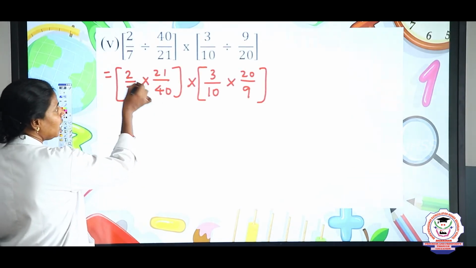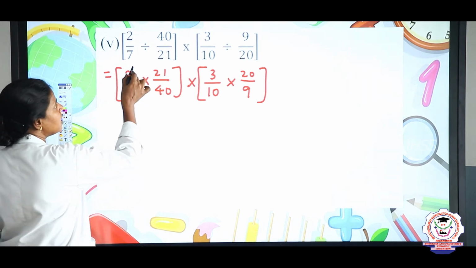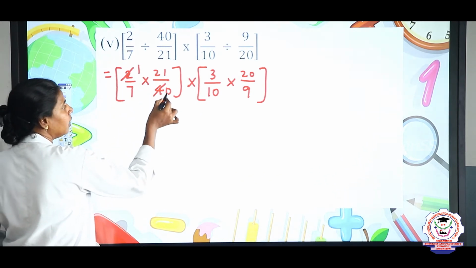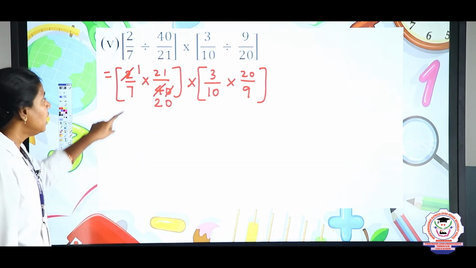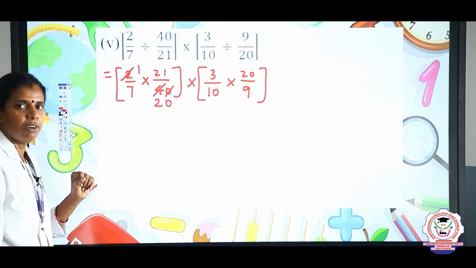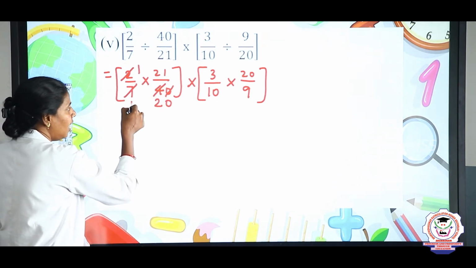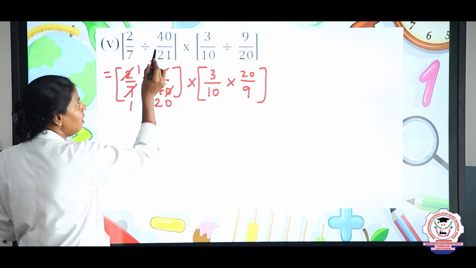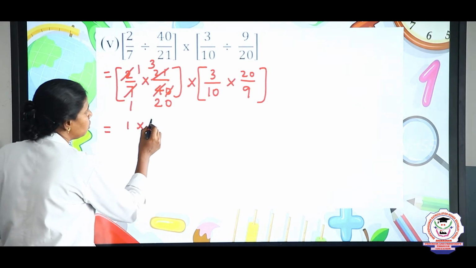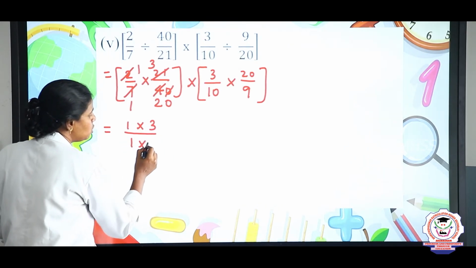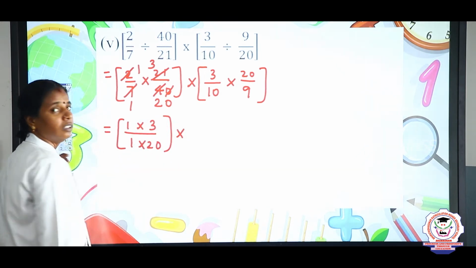So how many times can you cancel this 2 and 40? In the 2 table it is possible to cancel 1 time, and here 2 twos are 4 and this 0. Okay. Now the remaining is 7 and 21. How many times can you solve this 7 and 21? 7 ones are 7, and 7 threes are 21. Okay. Write the remainings now. 1 into 3 by 1 into 20 into. Now here